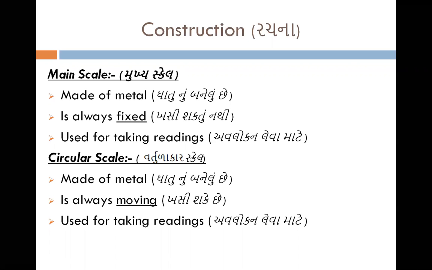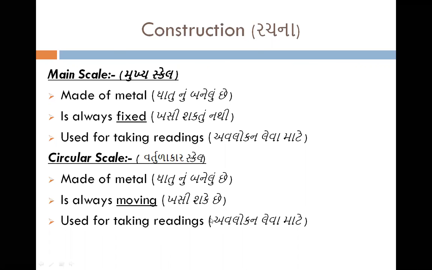It is made up of metal. It is always fixed and it is used for taking the reading. Basically, whole of the micrometer is made up of metal. એક્ઝામમાં દર વખતે આ લખવાની જરૂર નથી. મેં ભલે અહીંયા લખ્યું છે. You can write it in a simple line before starting the construction. કન્સ્ટ્રક્શનની શરૂઆત કરો એ પહેલા અહીંયા લખી શકો છો કે માઇક્રોમીટર સ્ક્રૂ ધાતુમાંથી બનાવવામાં આવે છે. પછી હરેક પાર્ટ વિશે ક્યાં મૂક્યું છે અને શા માટે મૂક્યું છે, where it is placed અને why it is